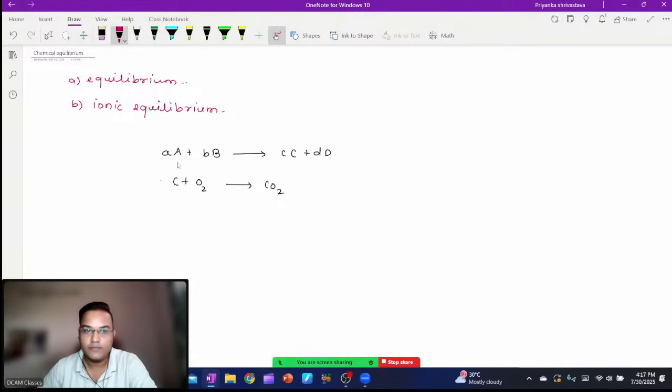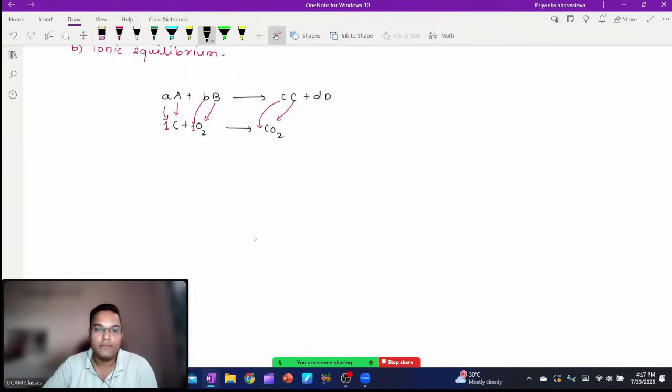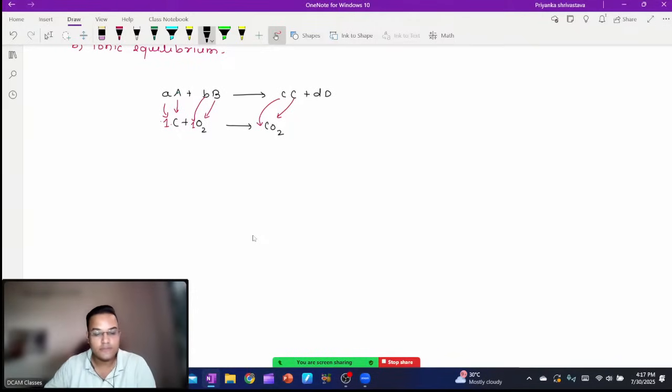Here the coefficient: A is representing capital C, B is representing O2, capital C is representing CO2. D is not there. But here this small a represents this coefficient, 1. Small b represents this coefficient, 1. In every reaction you must have seen there are different types of coefficients present. Okay, like this. So this is a reaction. Now when we are talking about a reaction of this form,